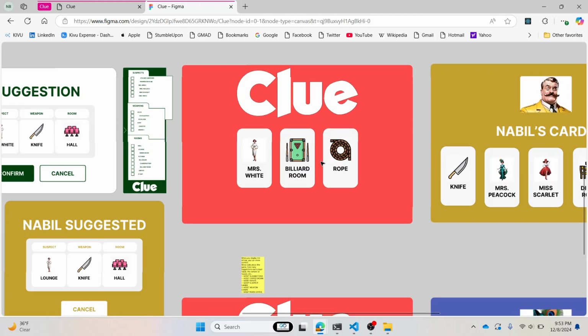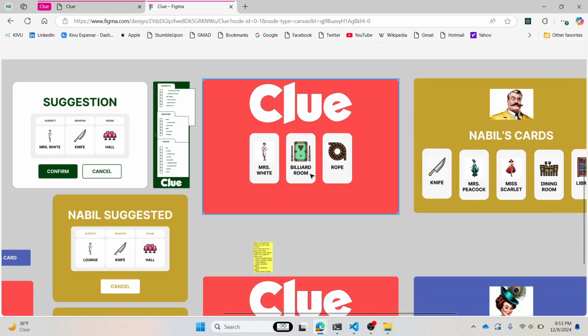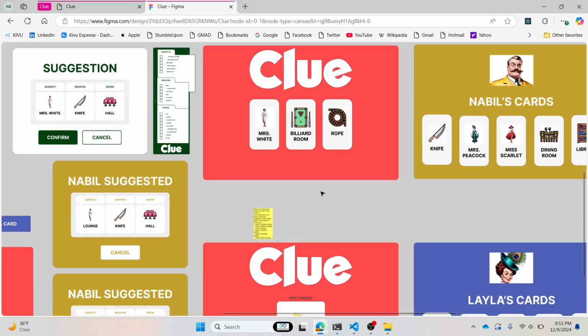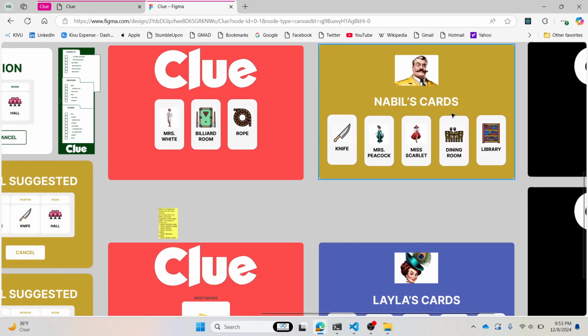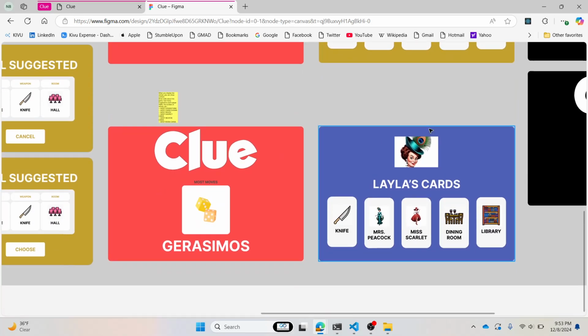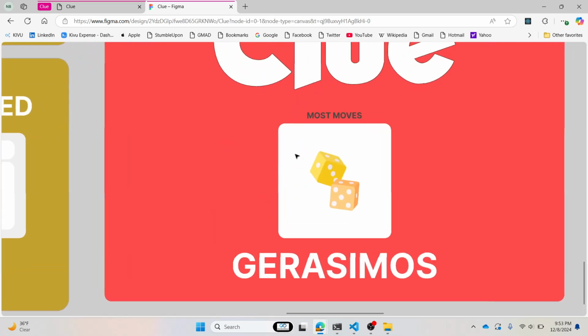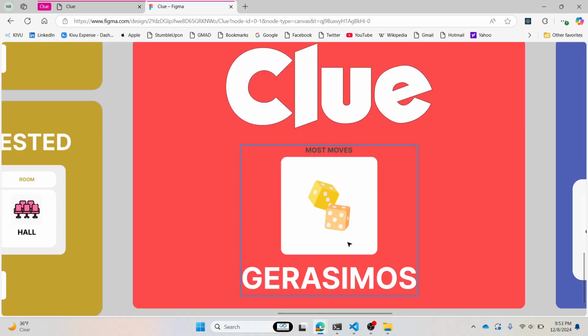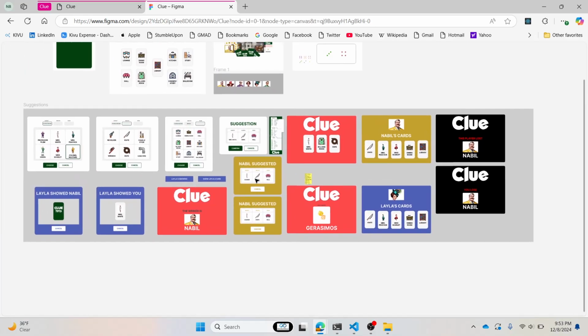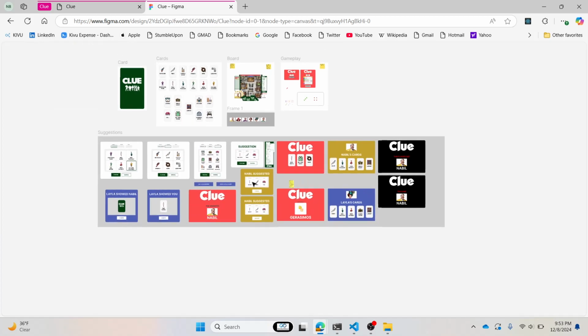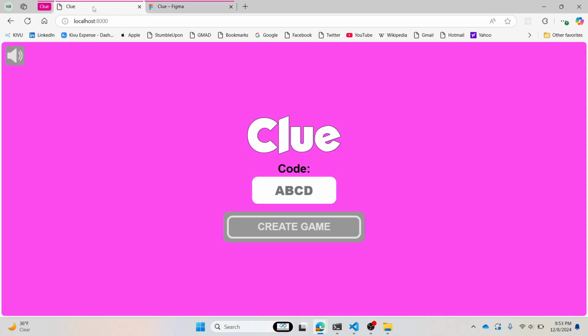They could be future improvements, like show the cards at the end that were included in the murder. The players' cards, too, is another idea I thought of. And show some statistics at the end of each game, like who had the most moves or who had the most suggestions, etc. So without further ado, and with that out of the way, let's see the game of Clue